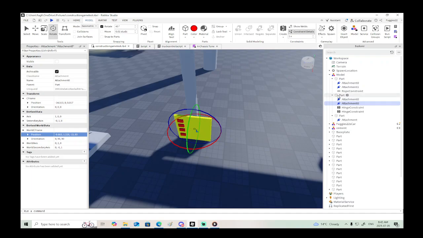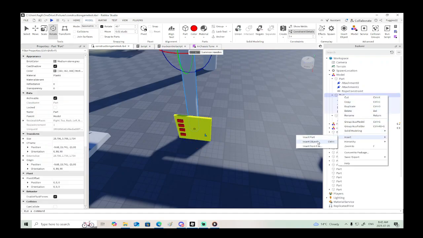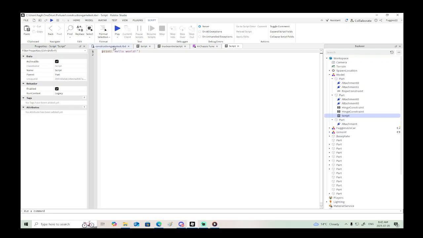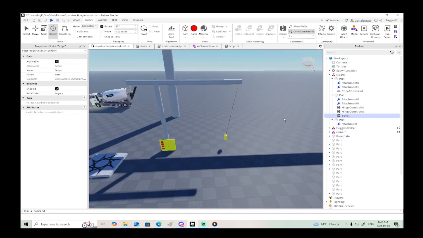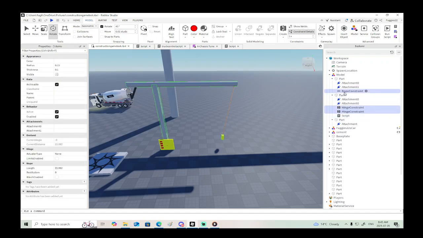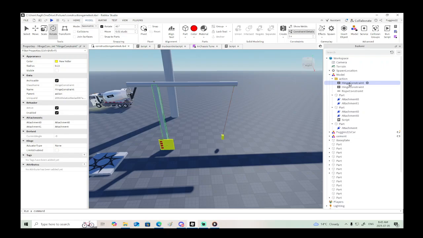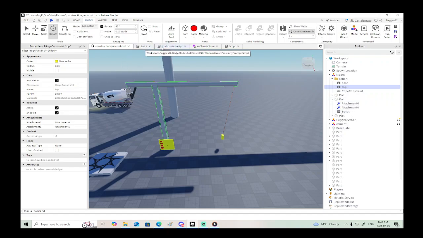So now we just need some code. Insert object, script. And what we need to do is we want to take, it doesn't really matter at this point, but we can take both hinges and the rope constraint and we can group them in a folder. And we can call this folder action. And then in here we can call this base. And this one here can be called top. So what we can do is in our